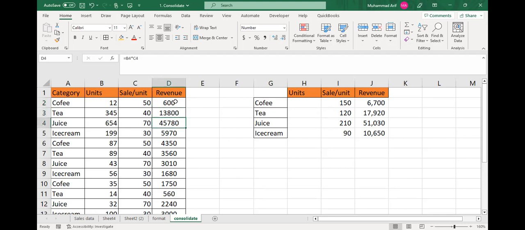Similarly, B4, C4, and similarly B5, C5. So in each next row, the column is also changed and the row is also changed. If you want to keep a column or row constant, then you have to place a dollar sign before the alphabetic column letter or the row number. For example, if there is B2 and if I place